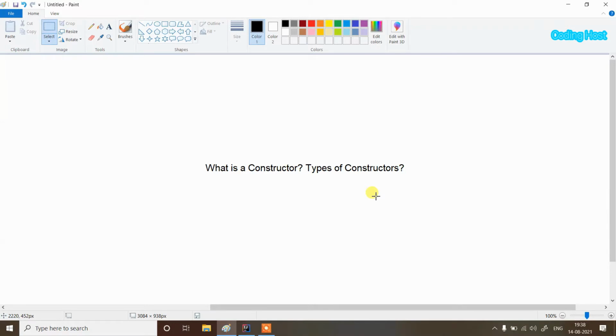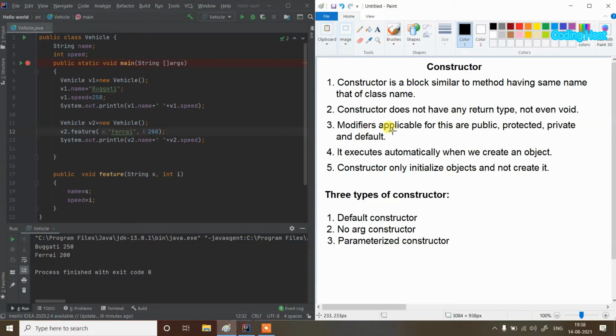In this video, I will explain what a constructor is and the types of constructors. If you have seen my previous video on OOPS concepts, I explained how we can initialize an object. The first way is using a reference variable. We make instance variables in our class, and later we use our object to assign values to these variables, and that's how we initialize our object.